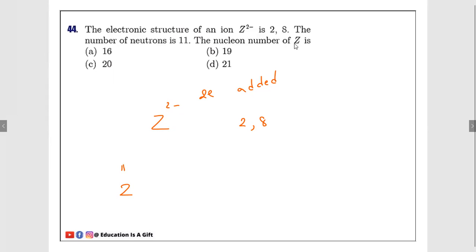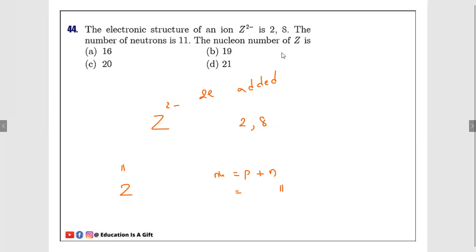So let us try to see. Nucleon number is nothing but proton plus neutron. Now what is the count of neutrons they gave? It is already 11. Okay, the neutron count is 11, that is fine. While coming to protons, how many protons do we have to take for this one? You have to guess it. So it will be